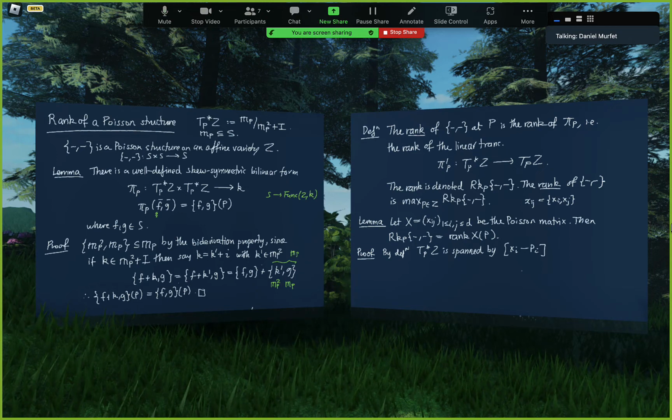Right? Why do I care about that? Well, the rank of the bilinear form is the rank of this linear transformation that's related to it under adjunction, essentially. And to compute the rank, I need to just take a spanning set for the domain, hit it with the pi prime p, and see what the dimension of that image is. Okay, so the TPZ star is spanned by these guys, which means that the rank at P of the pairing is the dimension of the space spanned by